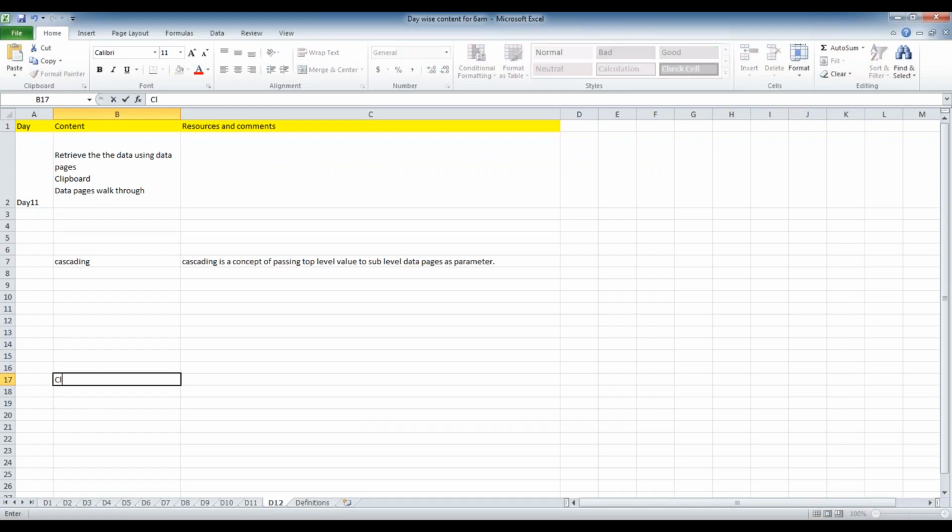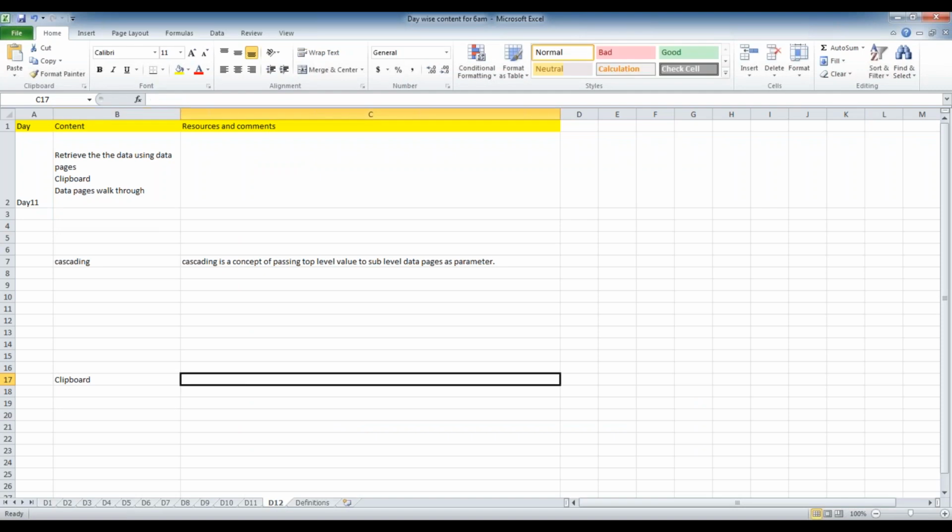Whatever value is there in the memory, clipboard is a memory container which contains pages and its property value page. Clipboard is a memory container, as the name indicates.